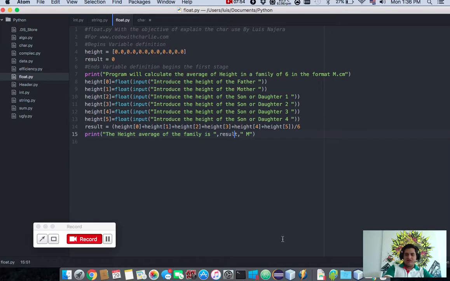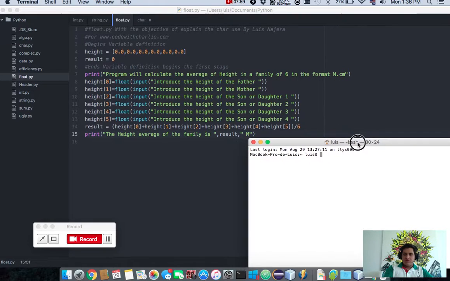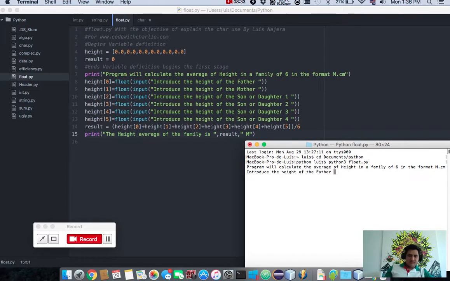So let's run it and test it, right? The same way we did the last time. We're gonna put right here, change our directory to documents/Python. Then, now that we are in Python, we're gonna run it. For me, it's called Python tree float.py. This program will calculate the average of height in a family of 6 in the formats of meters and centimeters. In this case, my father's height is